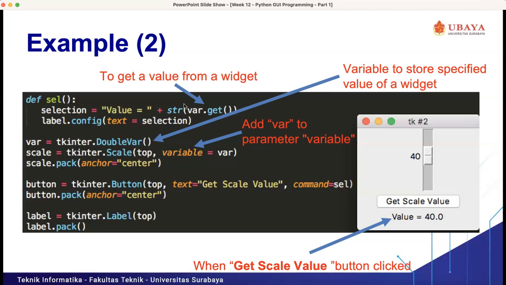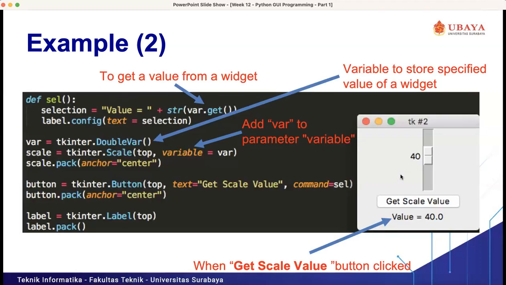As you can see here, we have a var variable which is used in the scalar widget, tkinter dot scale, top, variable equal var, right? So after we press the get scale value button, it will show the number from our scalar.